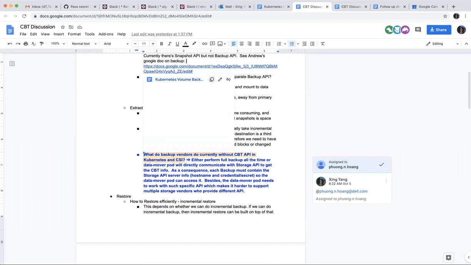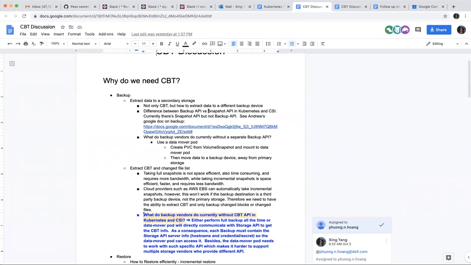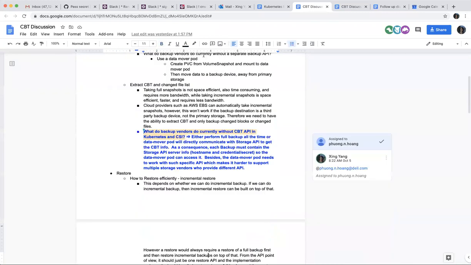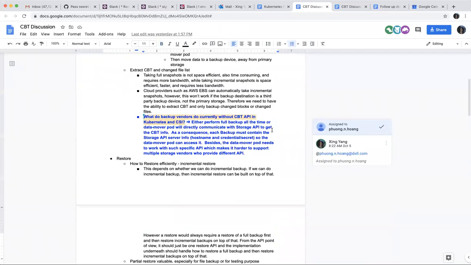Okay. So I think we need to list out the reasons why we need it, and without it, what is the workaround? What are we doing? So that's why we have this section here saying, okay, without that, what do we do today, right? So I think Fang actually added this one saying, either we have to always do full backup, right, or